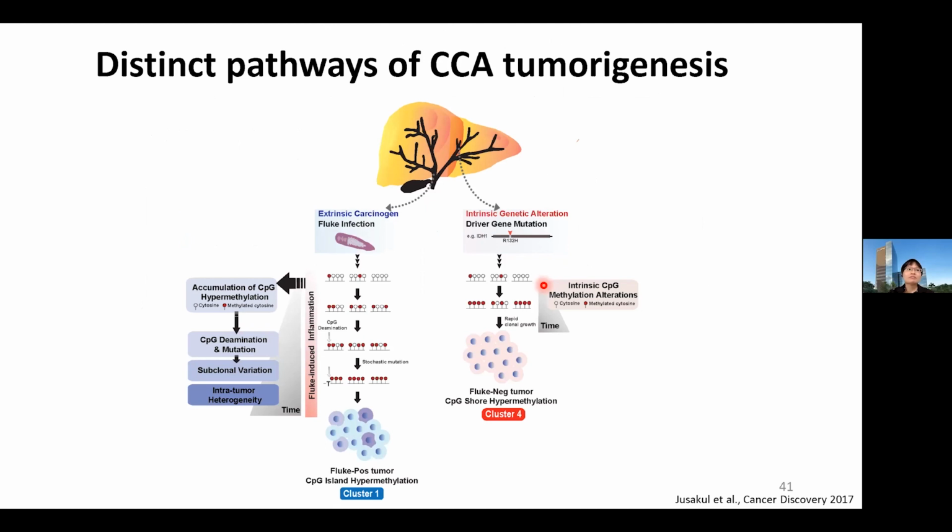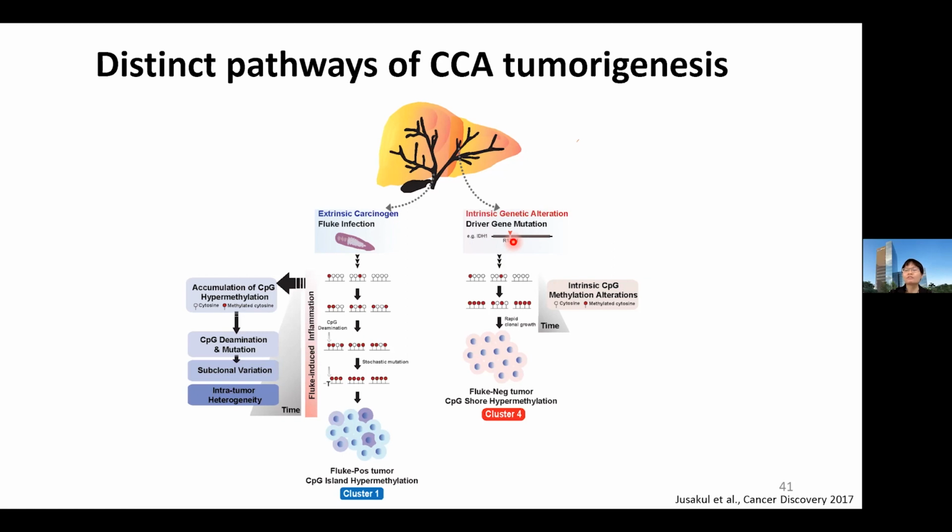Based on all our results so far, we propose that these differences are consistent with a model where early in tumorigenesis, cluster 1 cholangiocarcinoma are likely to be driven by external carcinogenic agents with early epigenetic deregulation, while cluster 4 cholangiocarcinoma are driven by pioneer genetic events such as mutations in IDH1 or BAP1, and the epigenetic aberration arises as a downstream consequence. In our model, Fluke infection induces chronic inflammation, disrupts the metabolic environment of the host bile duct,